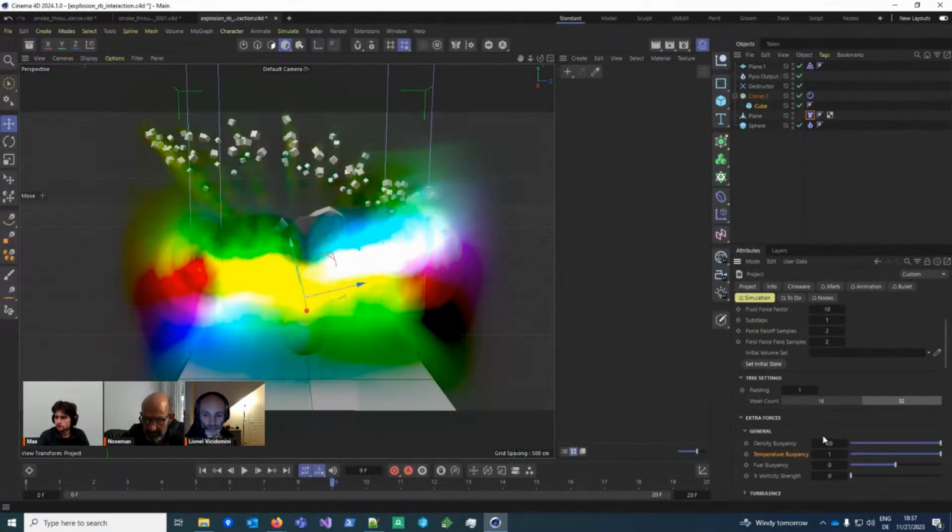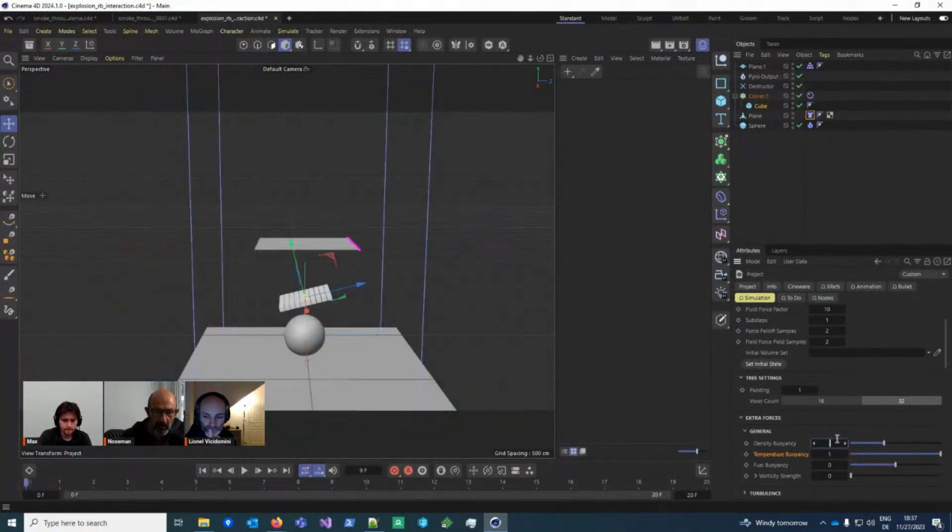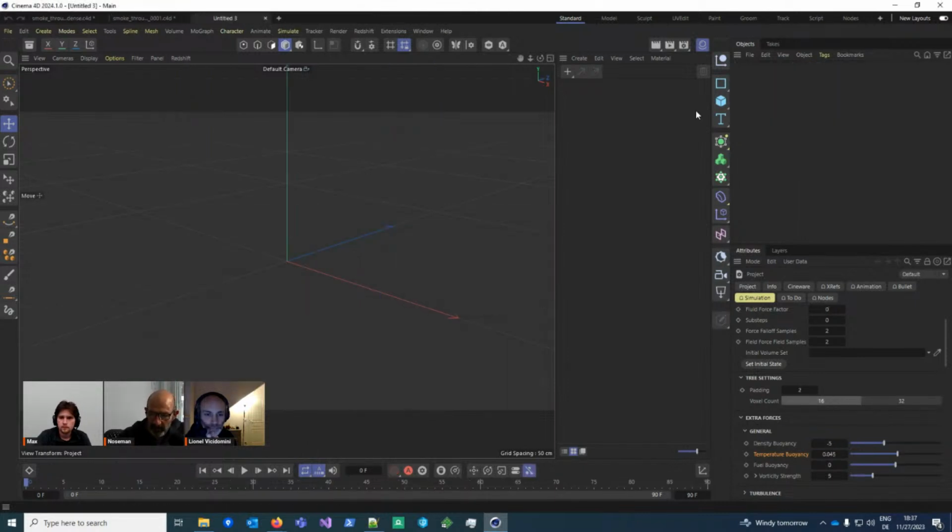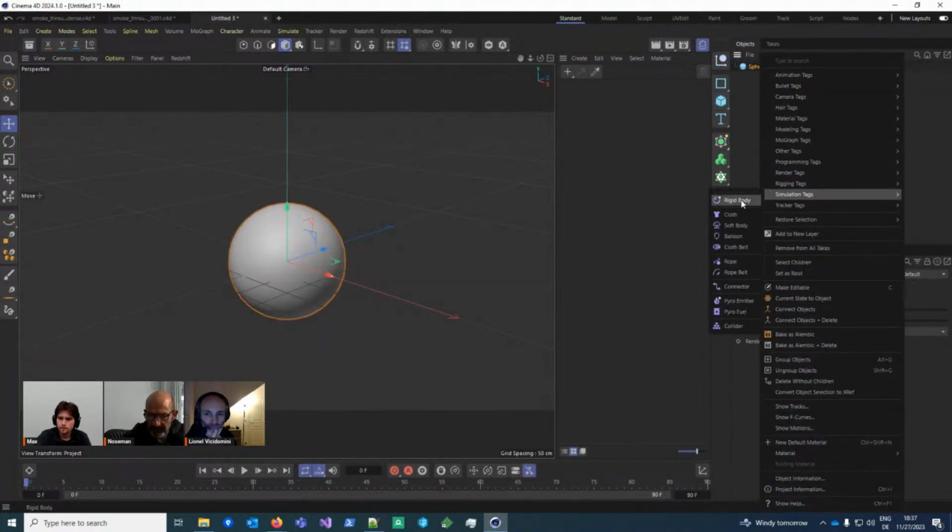That's why the density buoyancy, well, usually the default is negative, sorry, because gravity needs to push it in the opposite direction. Whereas fire being hot naturally goes upwards because of its natural buoyancy, so that's why you need to use a positive value.